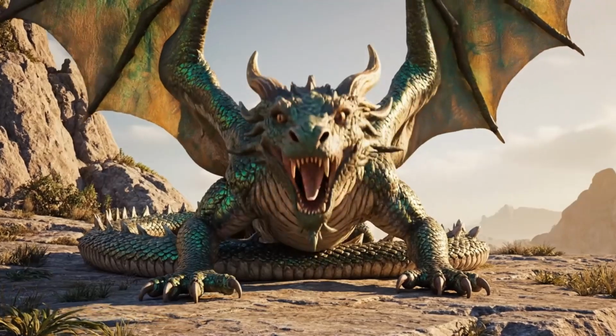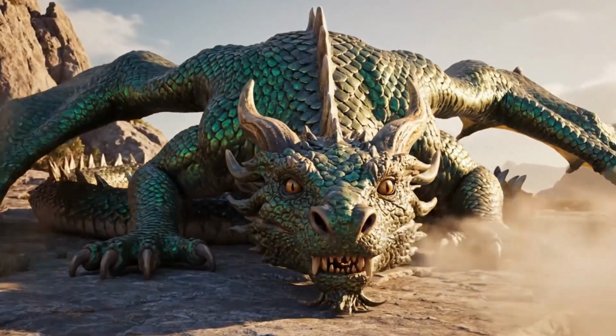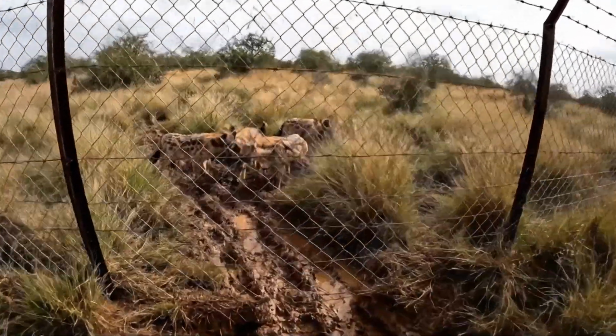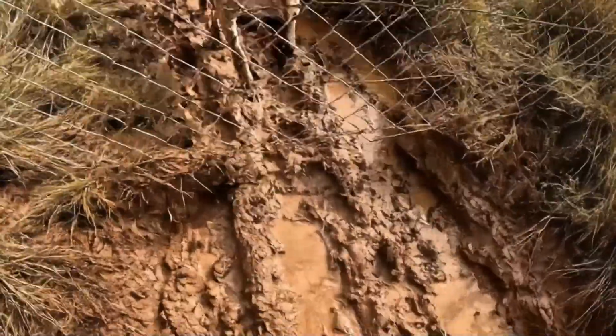Observe the deep yawn and the subsequent settling. These are clear indicators of comfort and safety. The mud shows clear passage under the wire. Given the hybrid's increased activity, the escape risk assessment is...